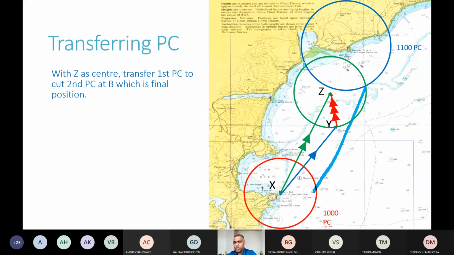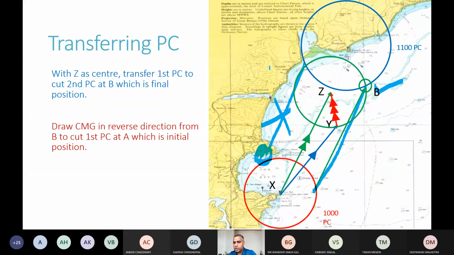But if you apply this CMG here, see, this is where the initial position comes somewhere. So certainly this cannot be our position. So this intersection point is our position. We mark it as B, our final position. Now, if you apply the course made good in the reverse direction, you will reach the red circle, and wherever it touches the red circle is our initial position. The distance between A and B will be exactly equal to